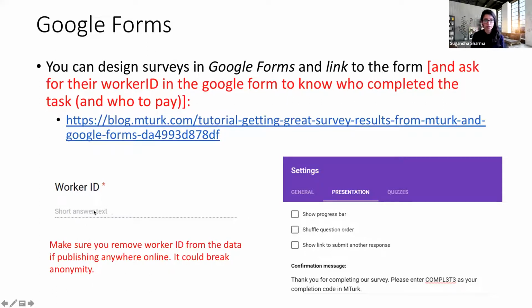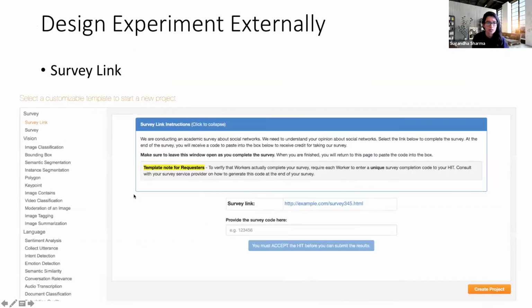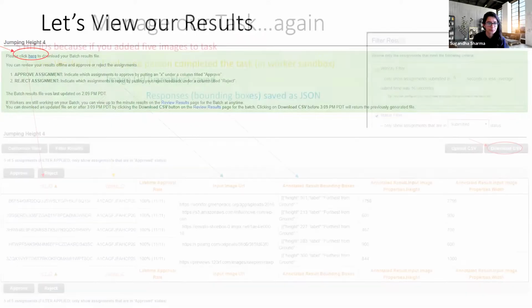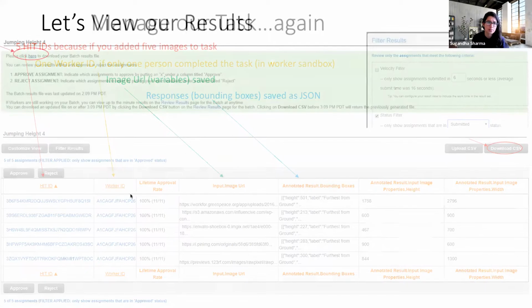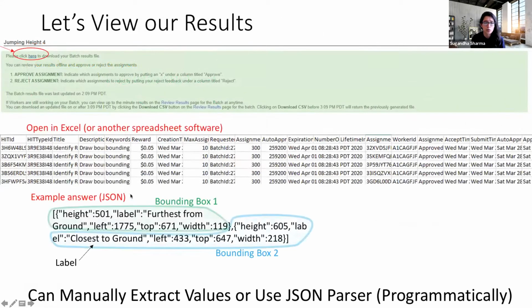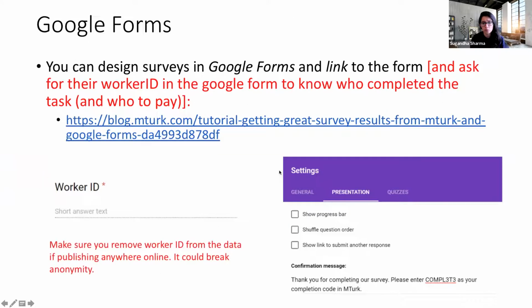But even more important than worker ID, because sometimes in Amazon you might also automatically get the worker IDs, as we saw in the results section, right? The worker IDs automatically show up. So we go back. The worker ID actually automatically shows up, but it's still good practice, if possible, to include it in the form as well. But what's even more important is,